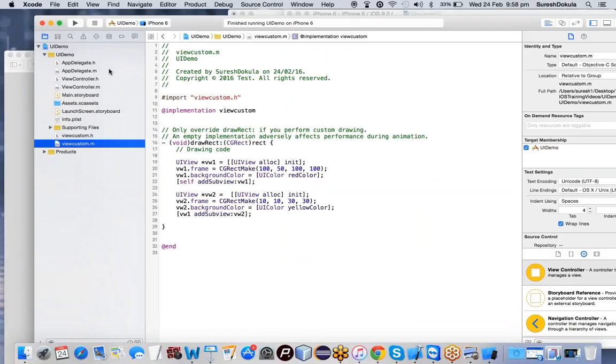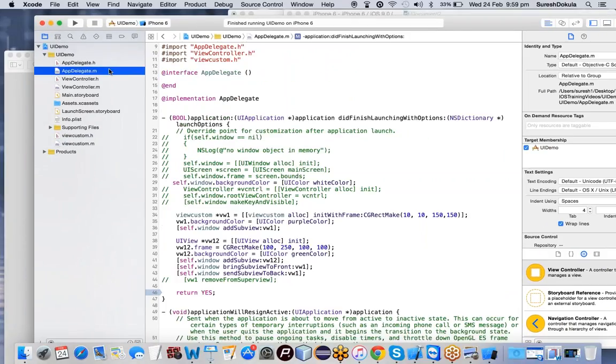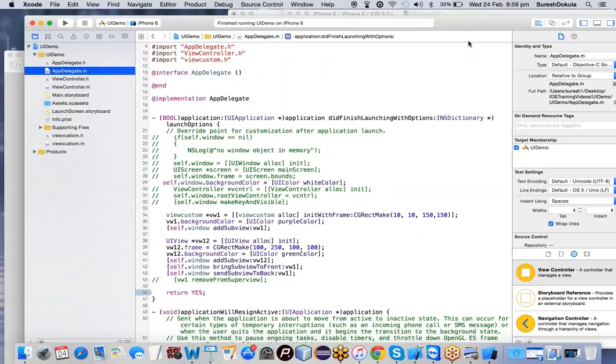I hope you understand how to create one graphical object, how to render it with a different color, and how to add it to another view. How can we present one graphical object on